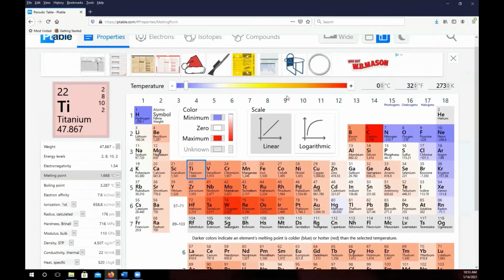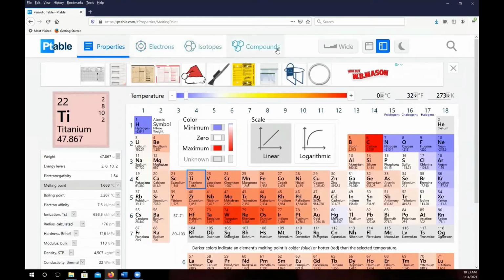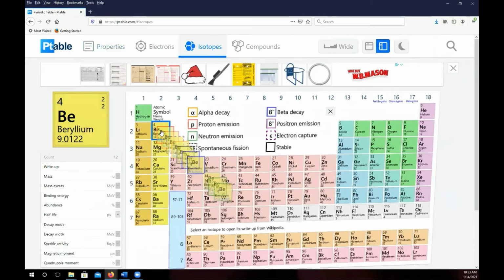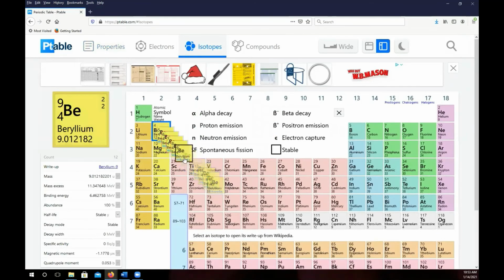Also on this periodic table, there are other tabs up top, and you're going to work with a couple of these. Under the Isotopes tab, you can go in and select any one of these elements, and it will bring out all of the different isotopes of that element available. And in the lab report itself, what you're going to do is look for a few of these different elements and look at their stable isotopes. The stable isotopes right here,